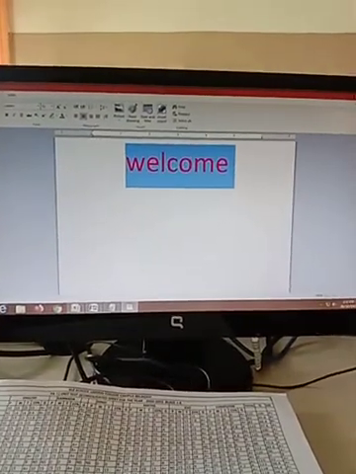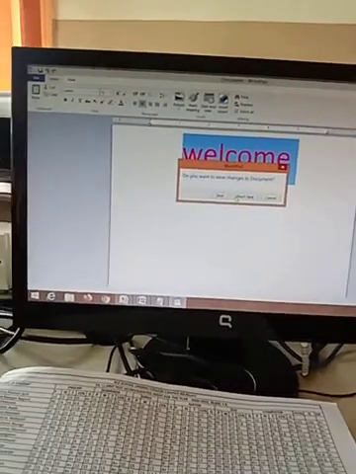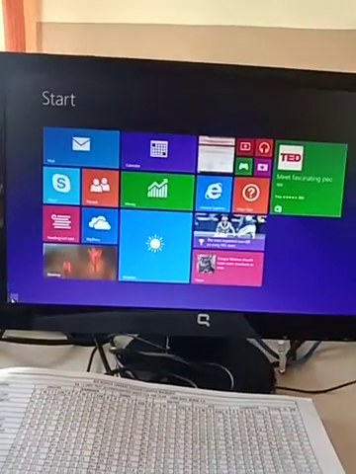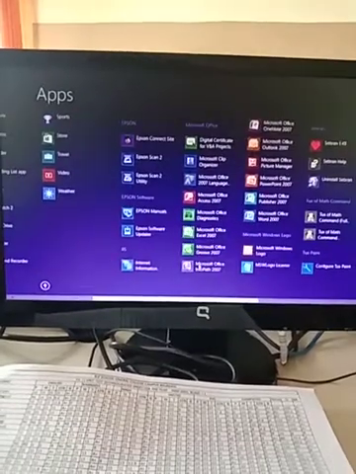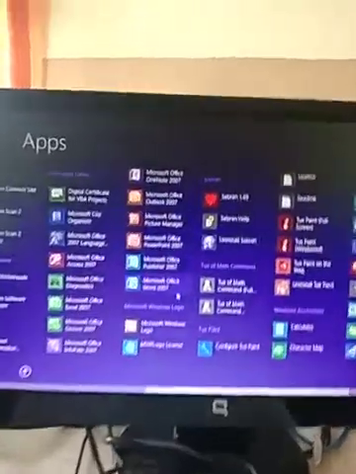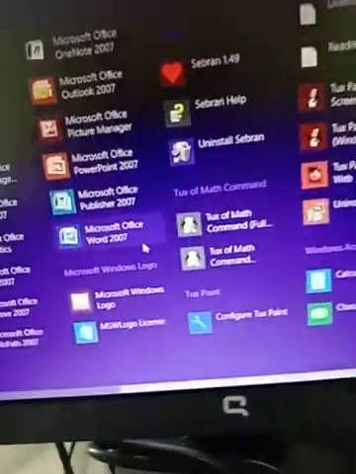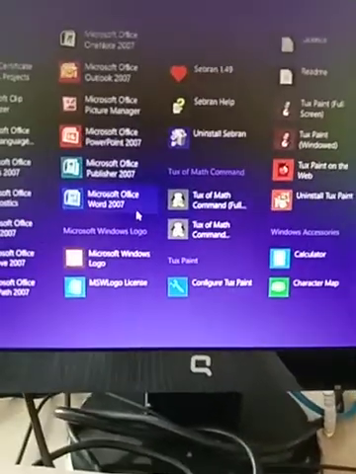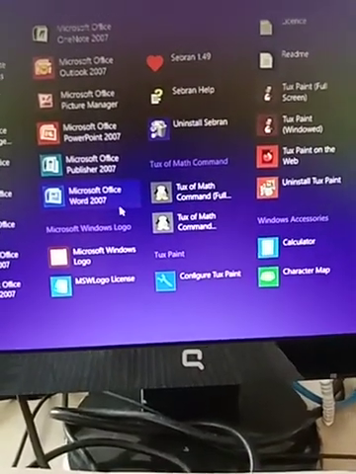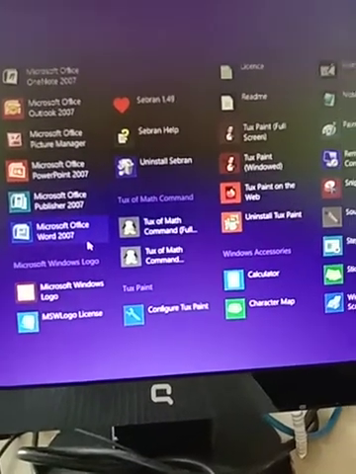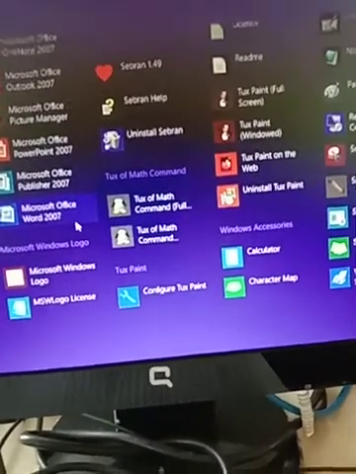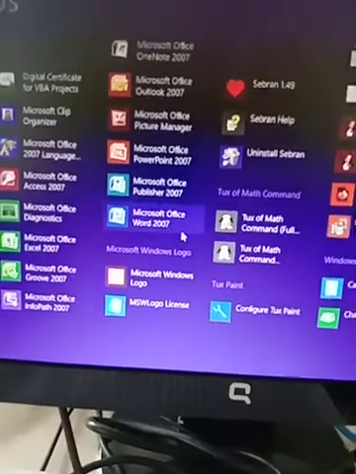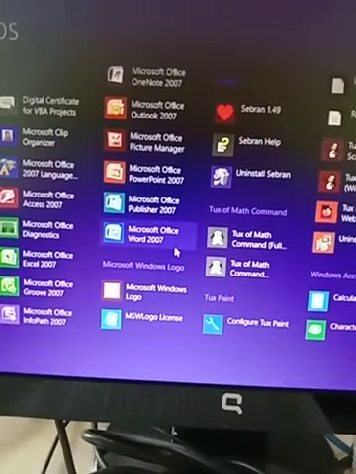Now today we are going to learn MS Word 2016. So let me go to Start, go to All Programs. Here you all can see MS Word 2007 is available. So I will be teaching you 2007. A bit of difference will be there in between 2016 and 2007. 2007 has less graphics and 2016 is having more graphics, and some advanced options are introduced in 2016. So for the basic purpose, we can learn with the help of Microsoft Office Word 2007.